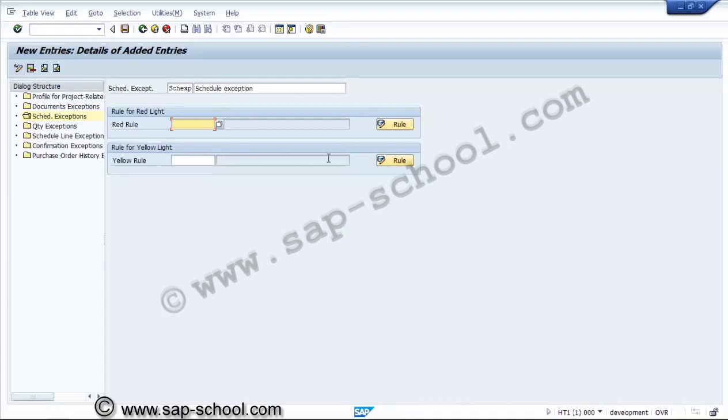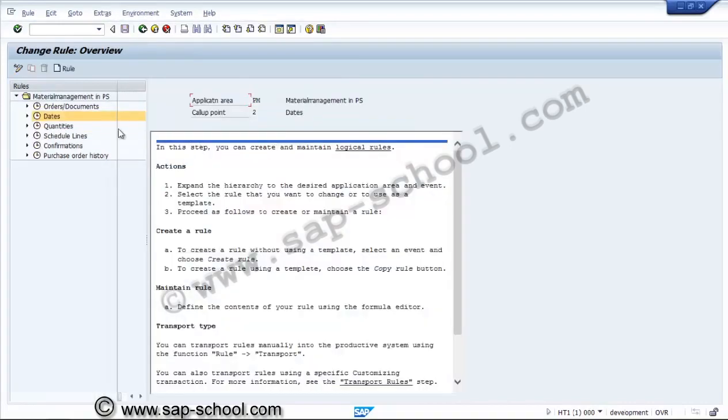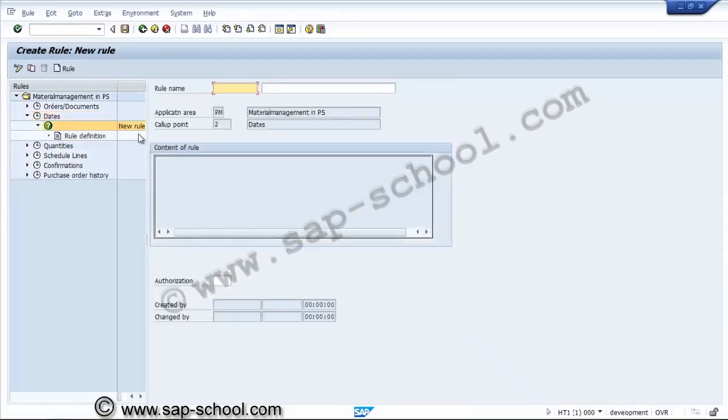We'll create the rule for the red light, and a rule for the green light. So we are in the rules section. Here for the dates we are creating the rule. So there is a rule name.